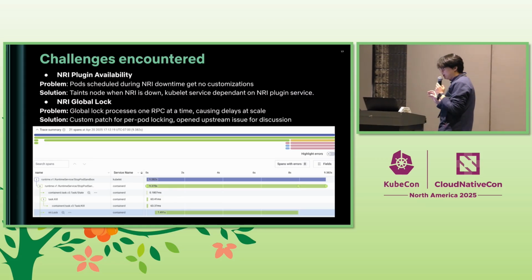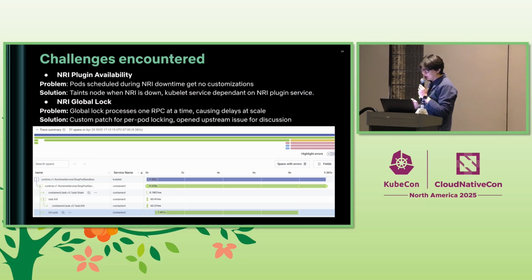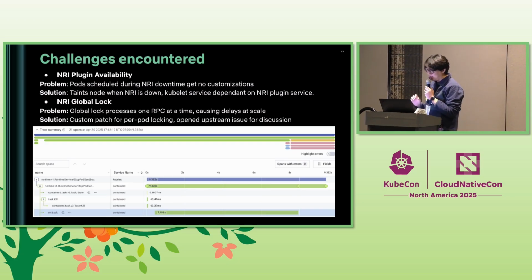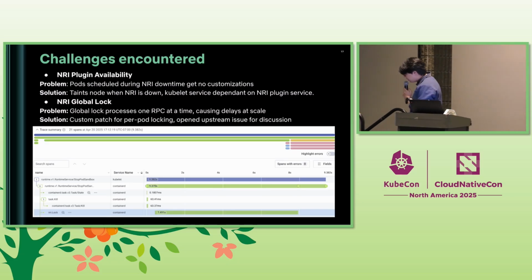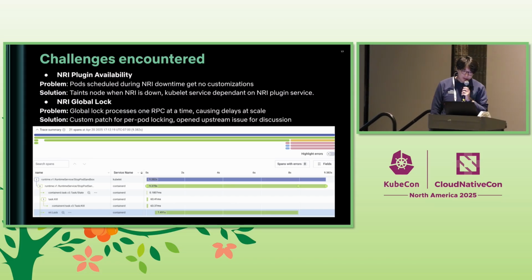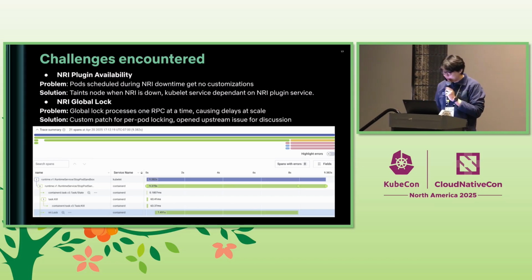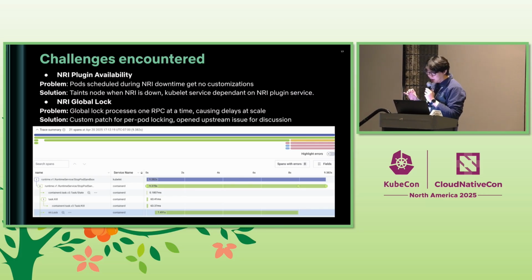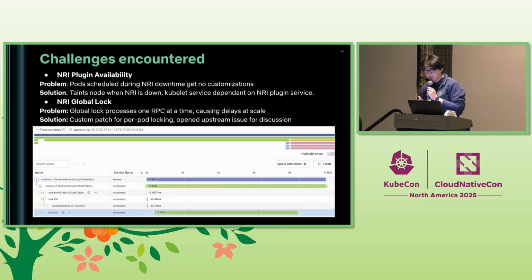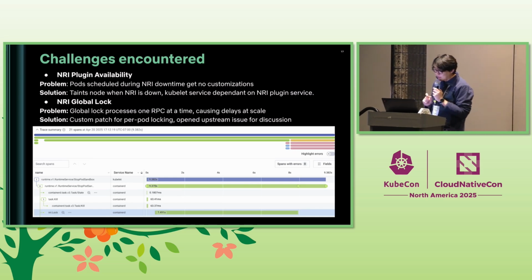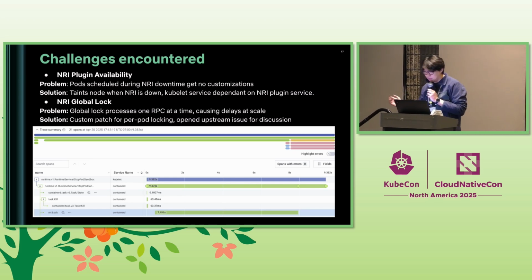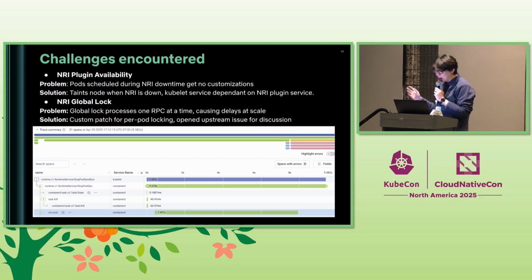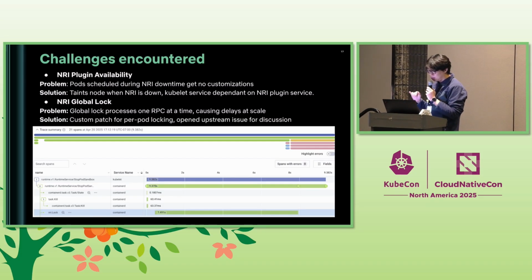We also tied the lifecycle of the kubelet to NRI, the NRI plugin, and containerd, so the kubelet won't start accepting workloads unless everything is ready. The second challenge is that we ran into an interesting issue with a global lock within containerd's NRI implementation. Containerd's NRI implementation uses a global lock, which means it can only process one RPC at a single time. This is understandable since it gives a strong guarantee that events will be processed in the order they're received. But at our scale, with thousands of pod events happening when we're quickly bin packing worker nodes, that has caused